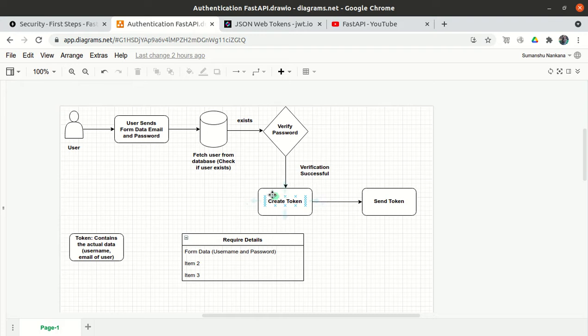So how does the token get created? We are not using a random library or creating random characters, but by using this data, we are applying some encoding functionality on this data, and we are creating a token. So the token basically contains the actual data, the username or email of a user, right?